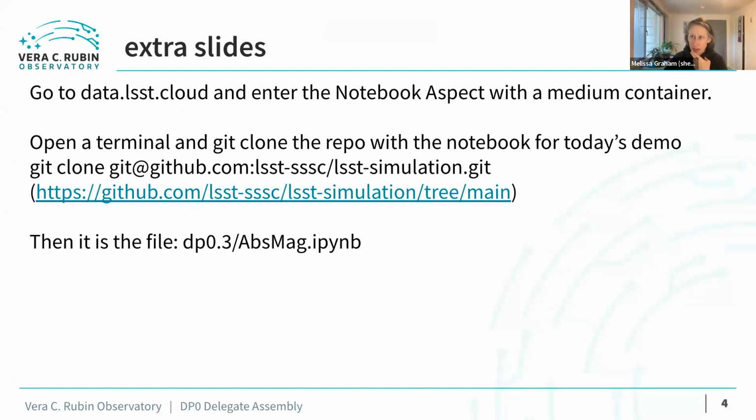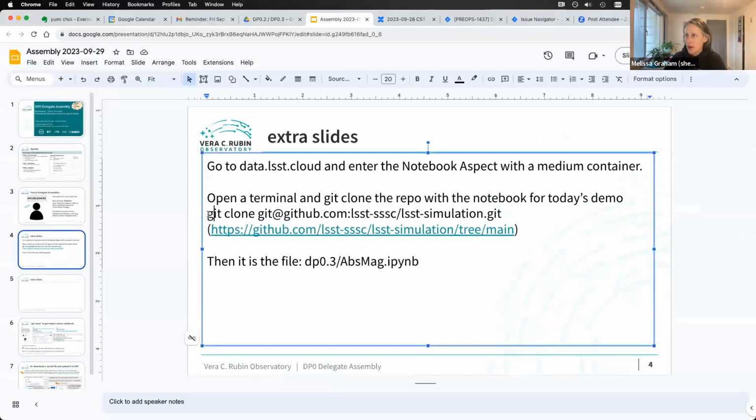So we're going to want to go to the RSP at data.lsst.cloud and go in the notebook aspect with a medium container, open a terminal, and then git clone this repo, and you'll get the notebook for today's tutorial. I'm going to pop that right into the Zoom chat